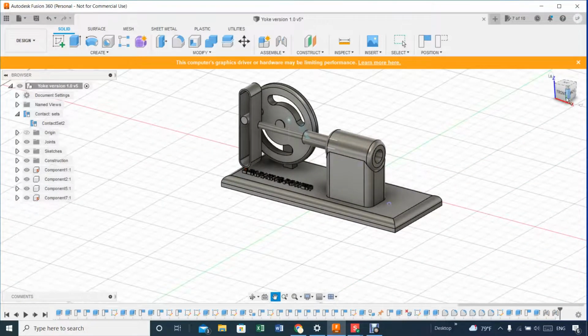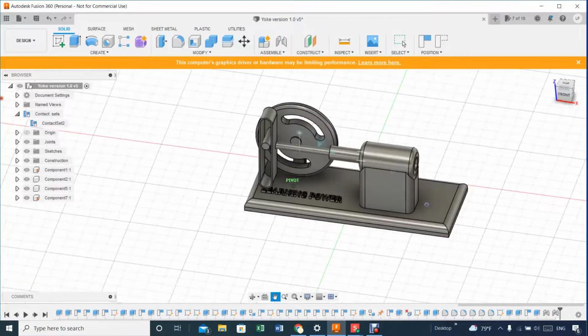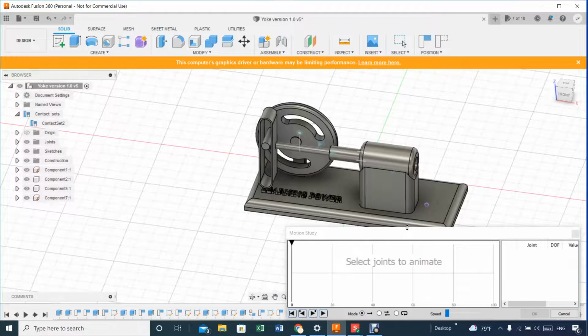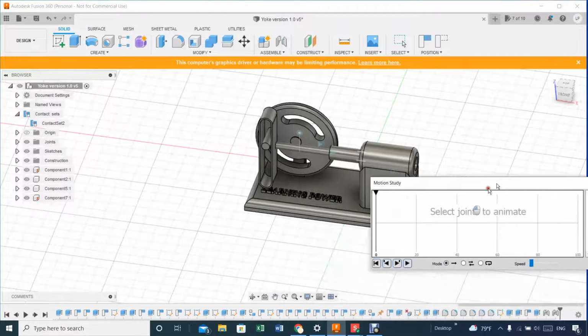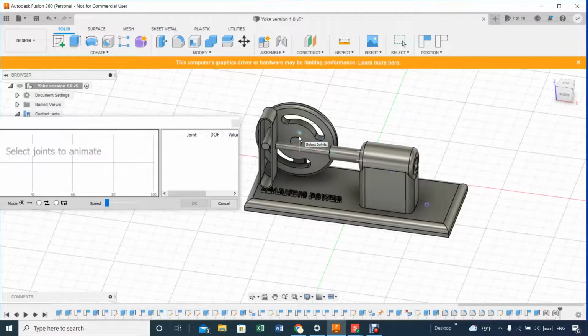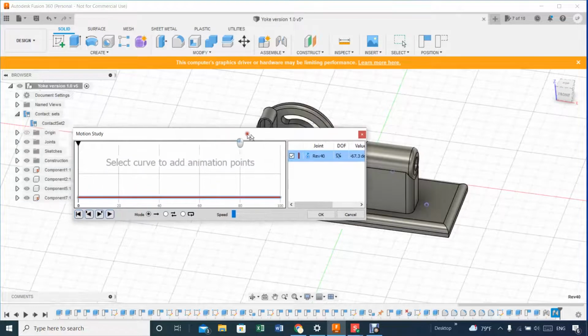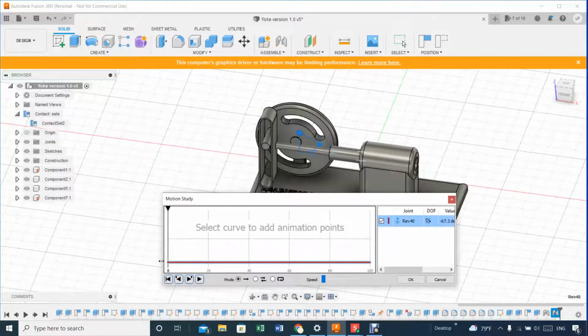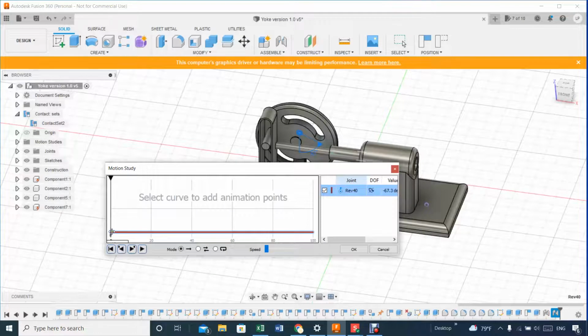Let's finish this by simply saying, let's do maybe a motion study now, of this joint here. And so I'm starting at minus 67.3, and you have to be careful here. Let's see, we're going to start not at 0 but close to